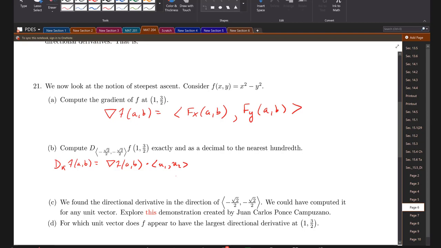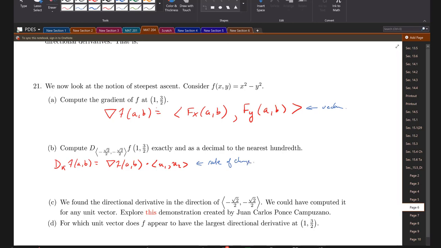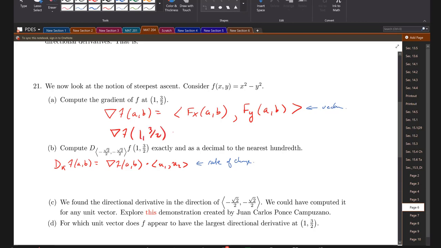Okay. So I think now that we've got these two new actors, it's really easy to start confusing things. This is a vector, and this is a rate of change. Okay, so what I'd like to do, just as a warm-up, is compute the gradient for this particular function at this given point. So the gradient at the ordered pair 1, 3/2